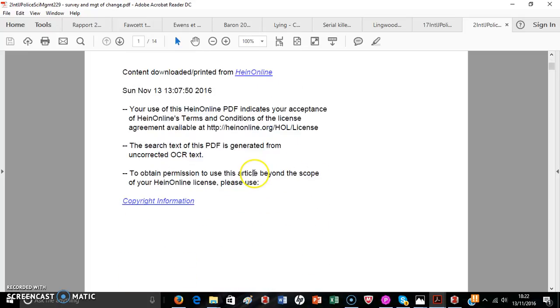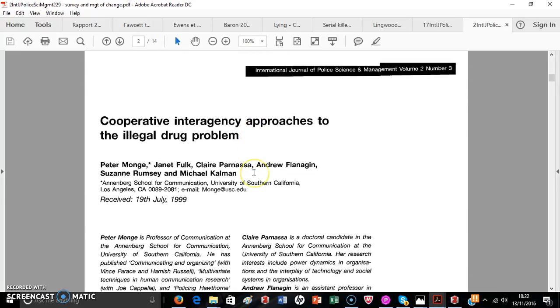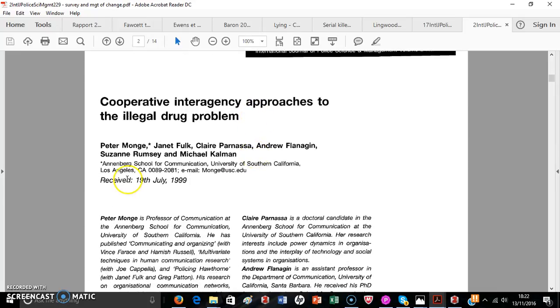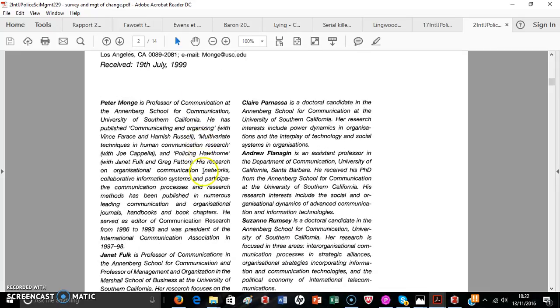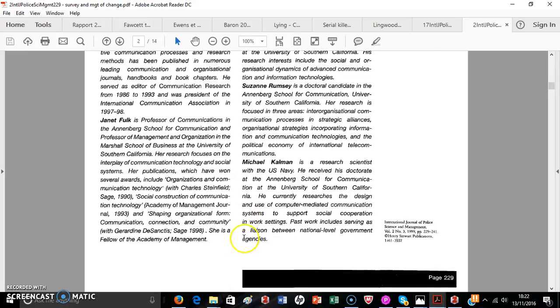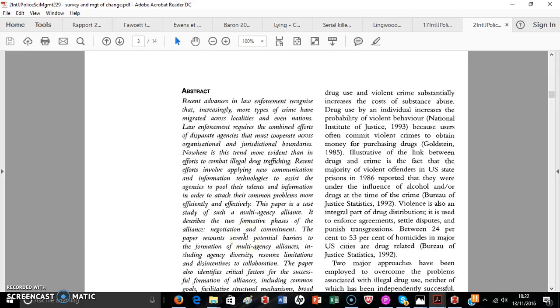Okay, so just going down, that was the area, illegal drug problems. So getting interagency approaches, so cooperation between different parties. And going down, you'll see here on the front page it's just who did it. If we go over the next page to the abstract,